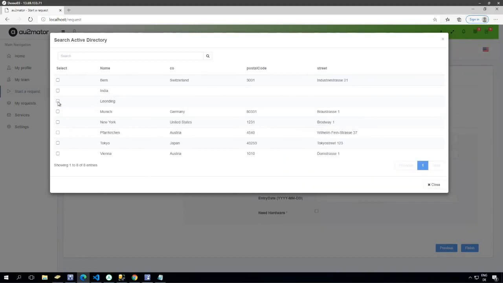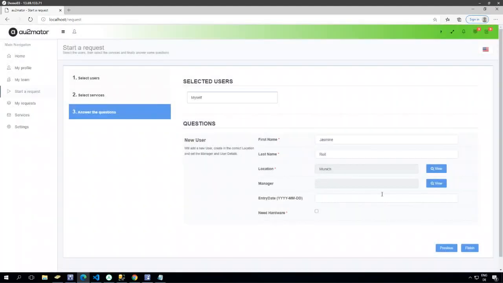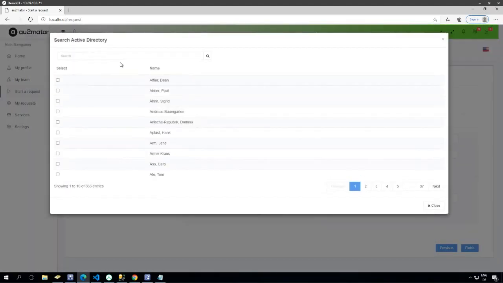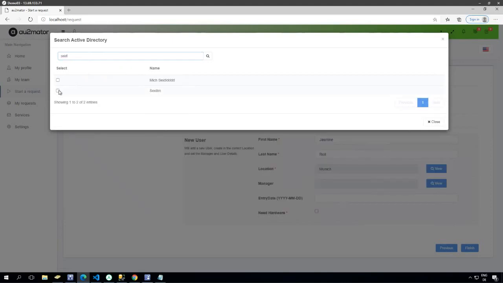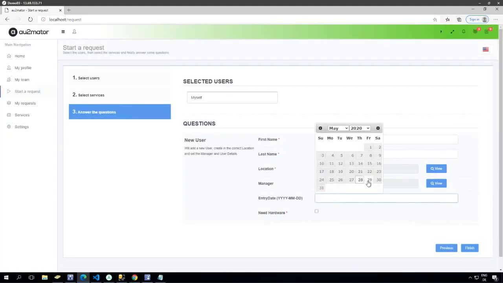You can also do this with a SQL query. So if you store, for example, all your locations in a SQL table in your ERP system, just configure it to get all these values from your SQL table. And of course, I have to select the manager, and this is also a user picker from my Active Directory. And entry date, it is